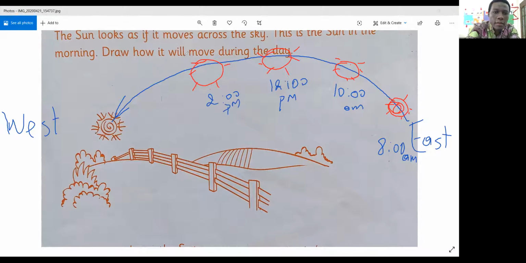And that position here. Okay, it will be 4 p.m. Sorry, just keep the same format. This is 4. My handwriting is very poor. 4 p.m. and this will be like 6